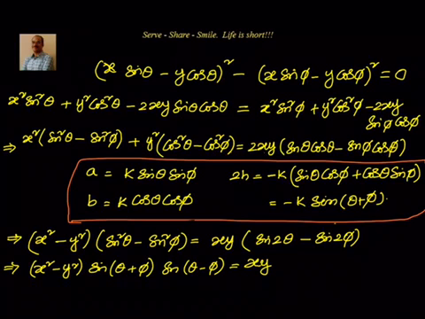I can write it as sine c minus sine d equal to 2 cos of (c plus d) by 2, that is theta plus phi, into sine of (c minus d) by 2, that is sine of (theta minus phi). Now we can cancel sine of (theta minus phi) on both sides. What is left out now is